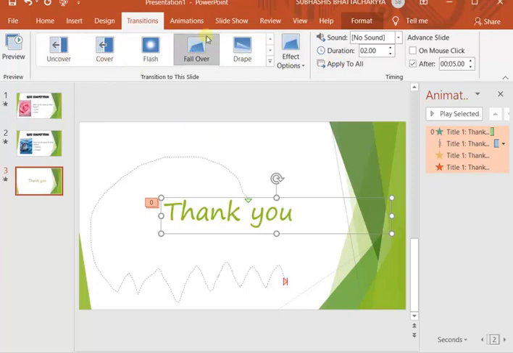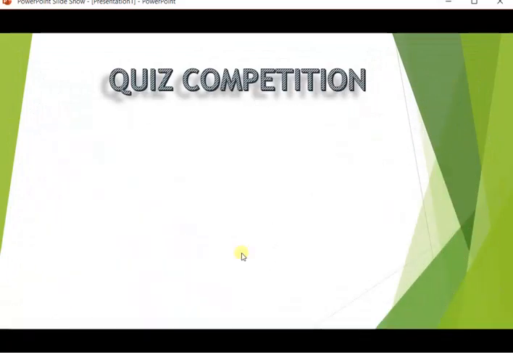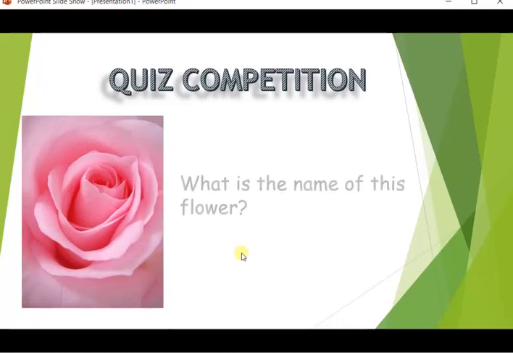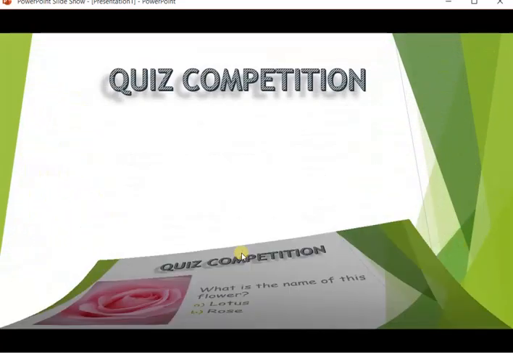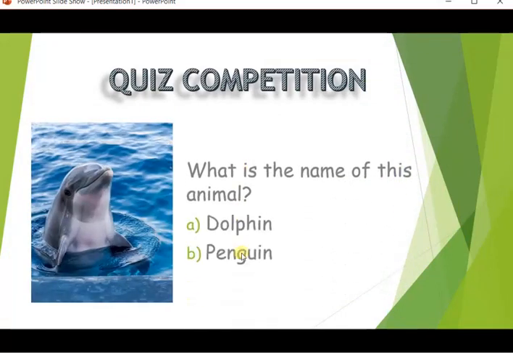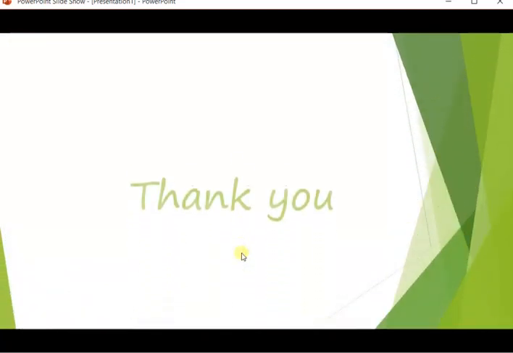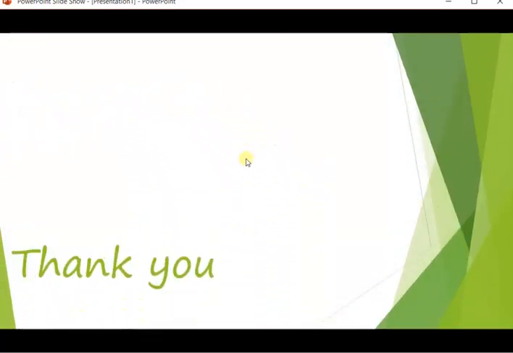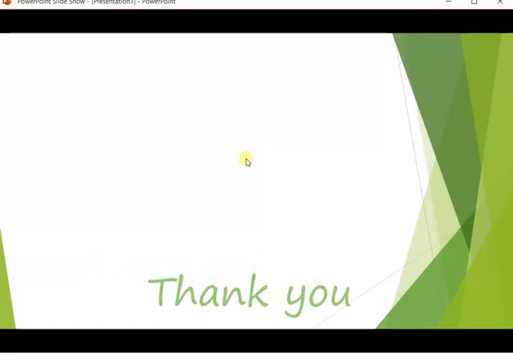So we can start the slideshow from the beginning again. First slide, first picture, question, options, then transition automatically coming to the next slide. Again the photo and questions. Again transition taking place to the third slide. Now entrance effect, motion path, emphasis, then exit.